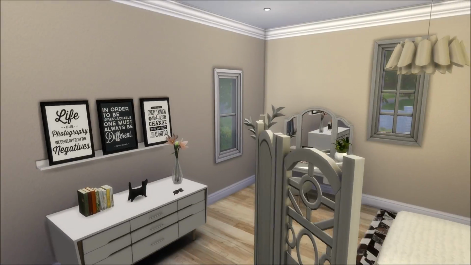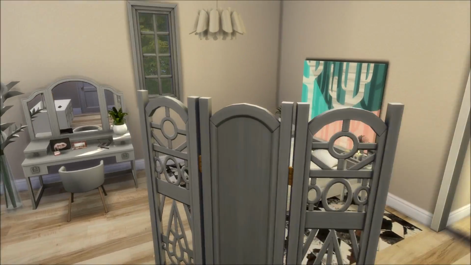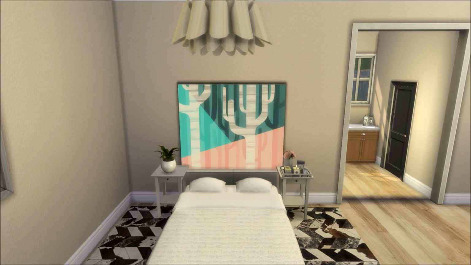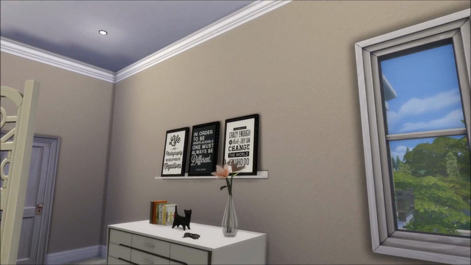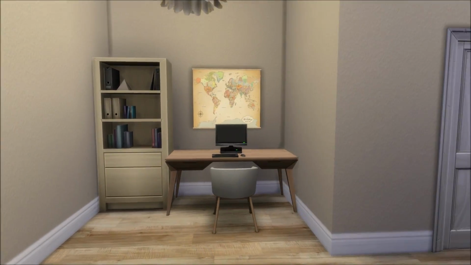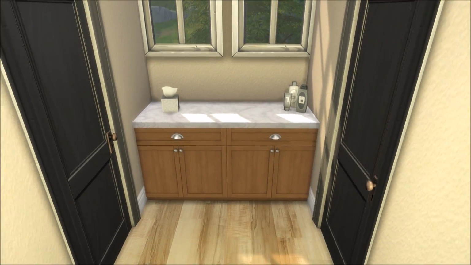So this is a really neutral looking guest bedroom. I really like this because of the neutralness and I love the little pop of color of the painting there, and that painting is from City Living. That's not custom content, it's just normal game. There's a little vanity with some makeup, with a chocolate bar and some Kylie stuff, because I just love those things. And then here we have a computer, and here we have another